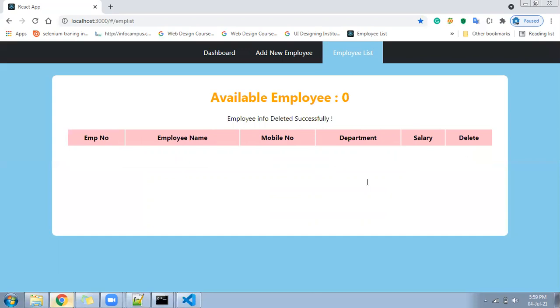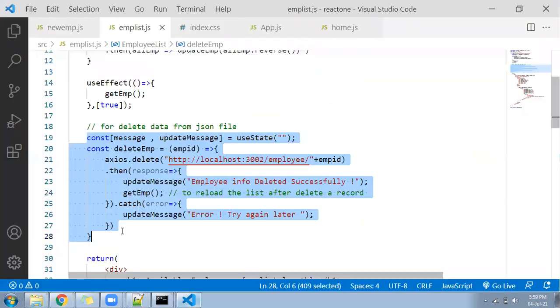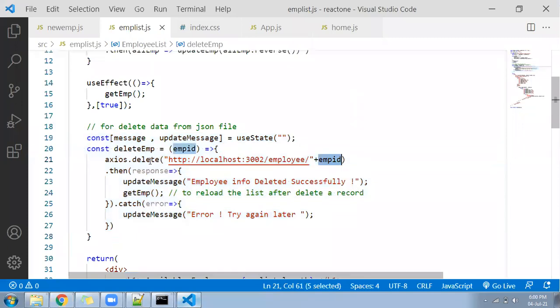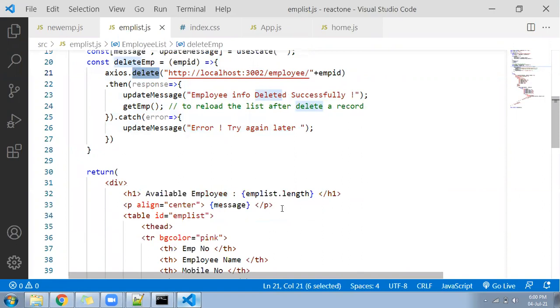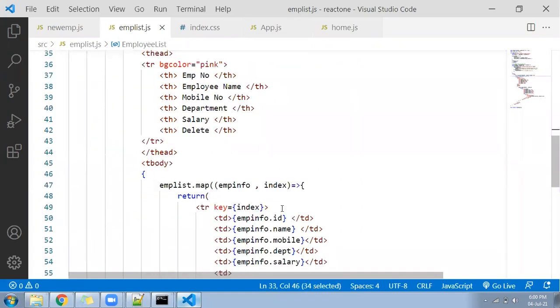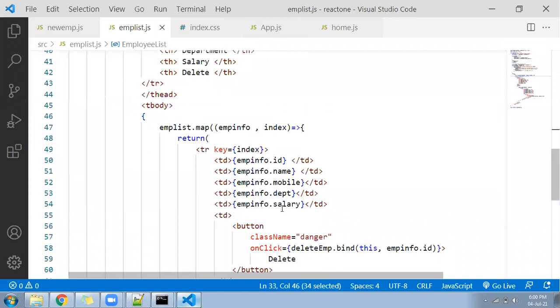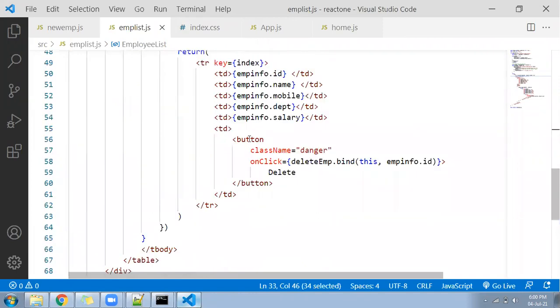Just one function you have. This function is pinging the imply with the imply ID to this JSON server using the delete method, and then it will get deleted. For message purposes, we have created a variable. We are printing it here, and again at the bottom, if you see, we are calling a function here inside the delete and bind method. We have followed a little extra, right? This thing I have explained in the class component state management video. You can see the first video there, you will find it.